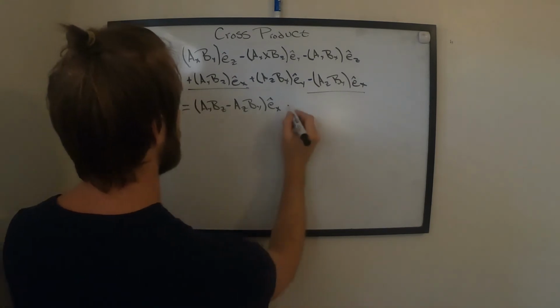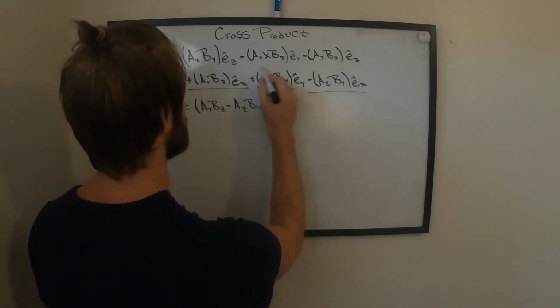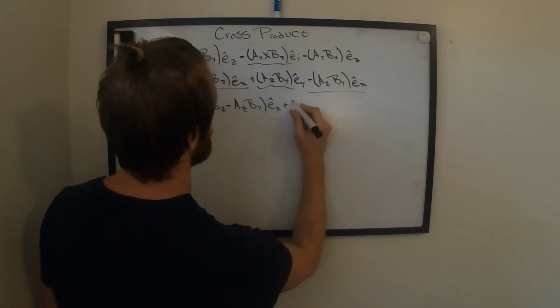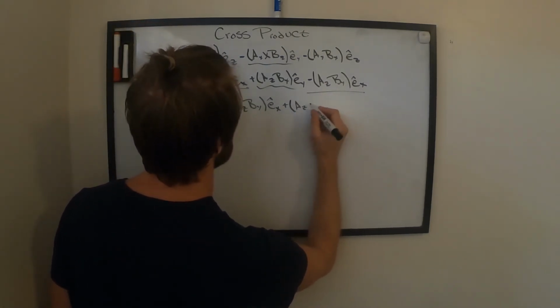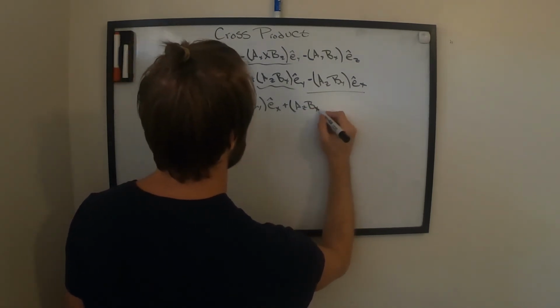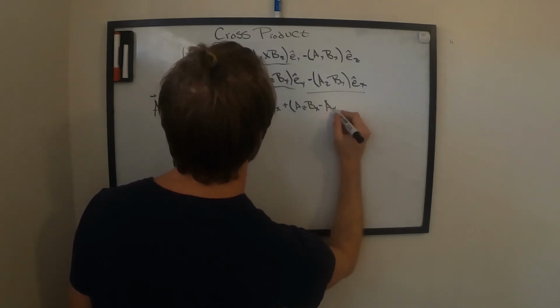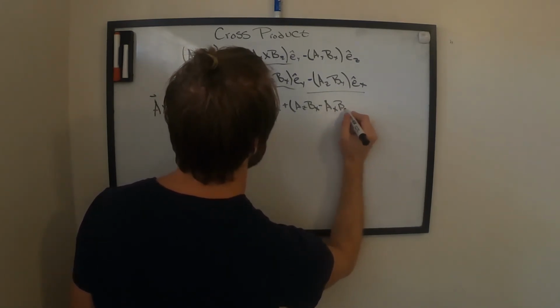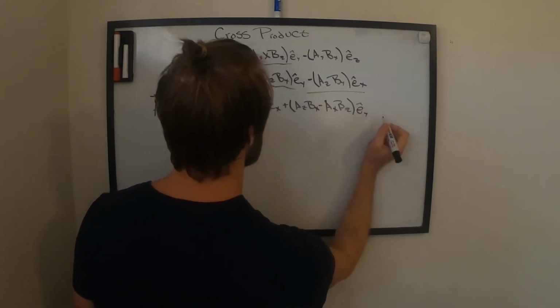Okay, cool. So now we're going to add that to our y terms. So plus a sub z b sub x minus a sub x b sub z, and then that's e hat y plus,